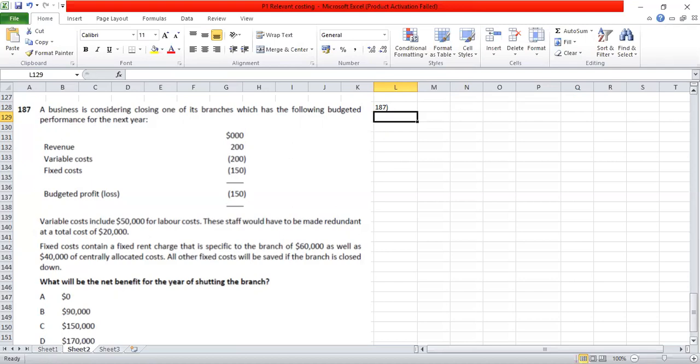So 100,000 will not be incurred. The rest of it will be incurred. Now they have a loss of 150,000. So we see that there is a loss of 150,000. If they eliminate or if they shut down these,